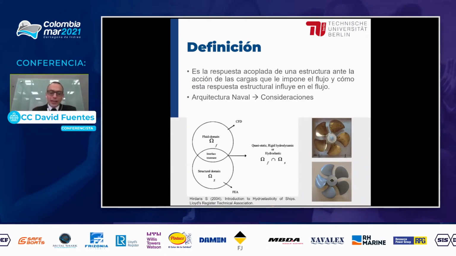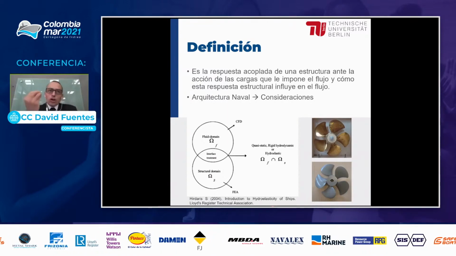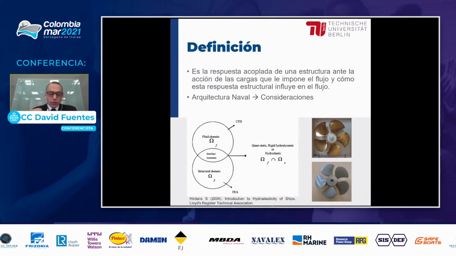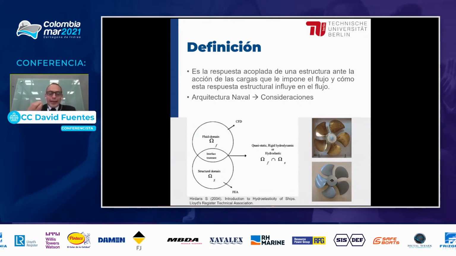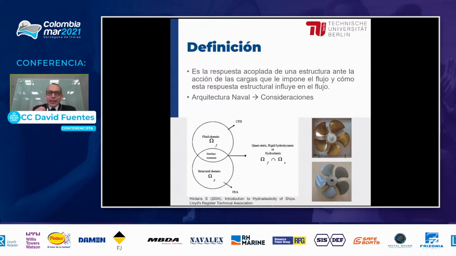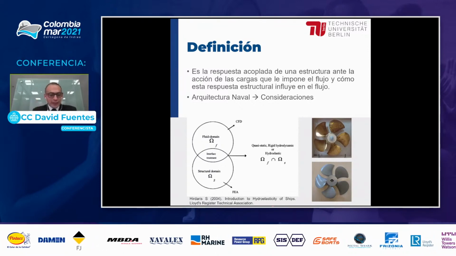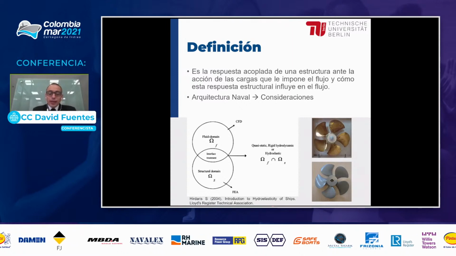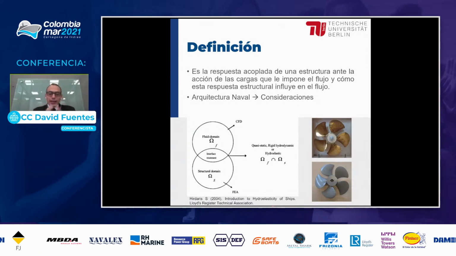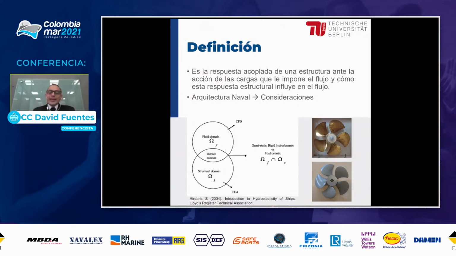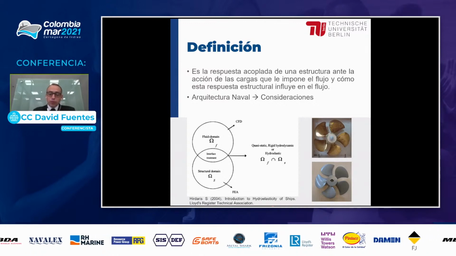For the naval architectural area, this is known as hydroelasticity, and I want to mention some classical considerations that make sure that everything related to naval architecture, so that we can get to know the importance of hydroelasticity in the system. Normally, we know a classical approach in the design,